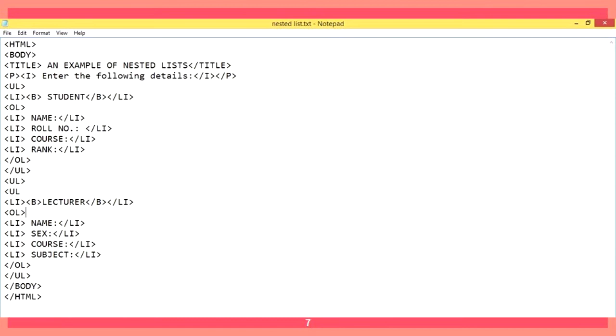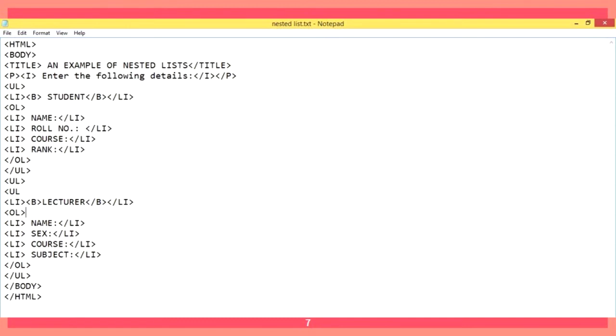So the heading will be student and the bullets we are using are name, roll number, course and rank. All will start with the bullets 1, 2, 3 and 4. Next, again I am using a heading, I mean to say the title, that is lecturer. Again the bullets will be name, sex, course and subject.